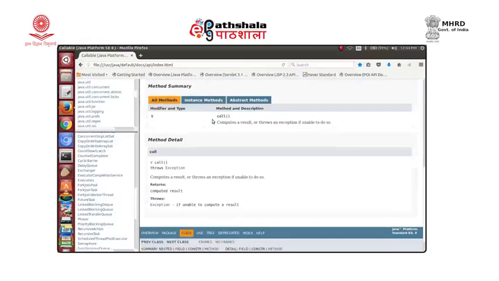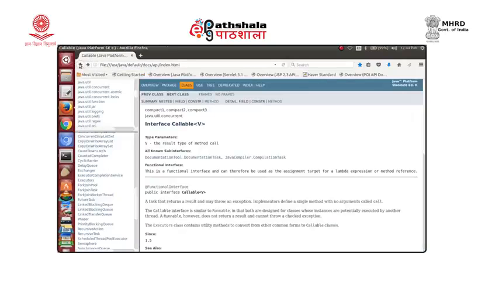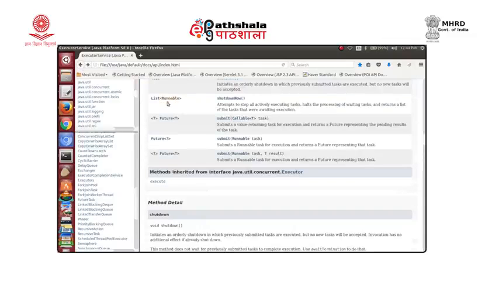The callable interface has a single method, call, like the run method, but it has a return type which is a generic type, and the method throws an exception. So, this is the change we have in the callable interface.